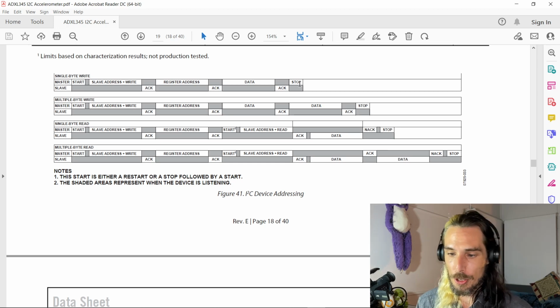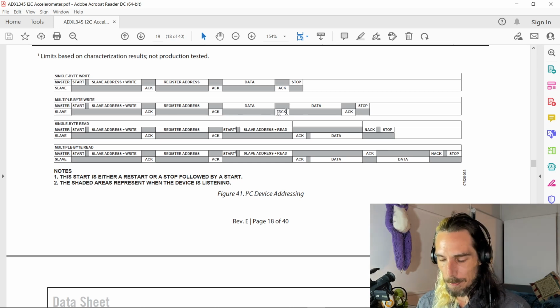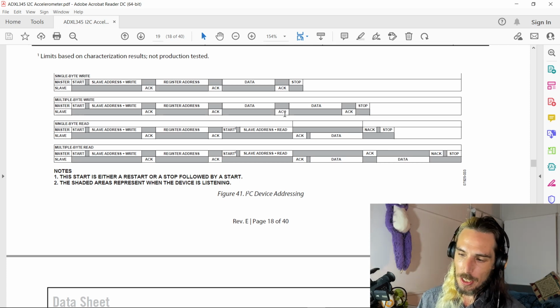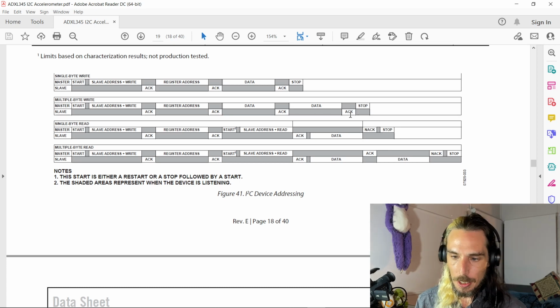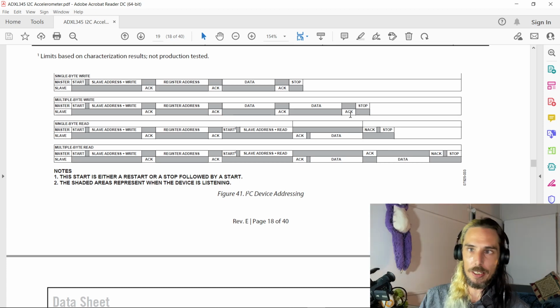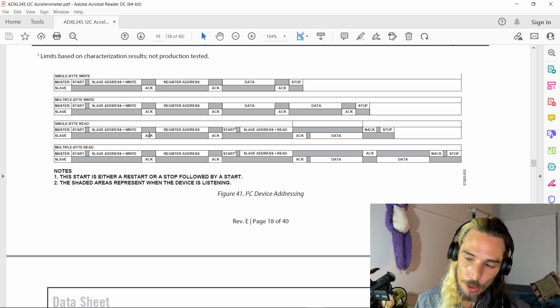transmission is finished. A multiple byte write is fairly similar, except between each chunk of data that's being sent, we're going to have an acknowledge followed by the next bit of data so that the master device knows that it can continue to transmit. And then in the case of a read, it works a little bit different because of the fact that we have our start and then we send our address and tell it that we want to write. Then we get our acknowledge, then we